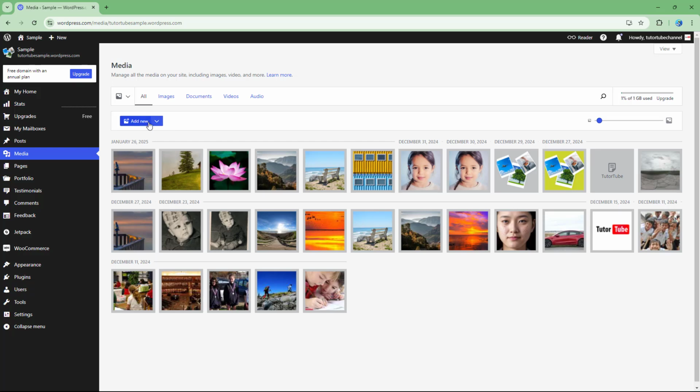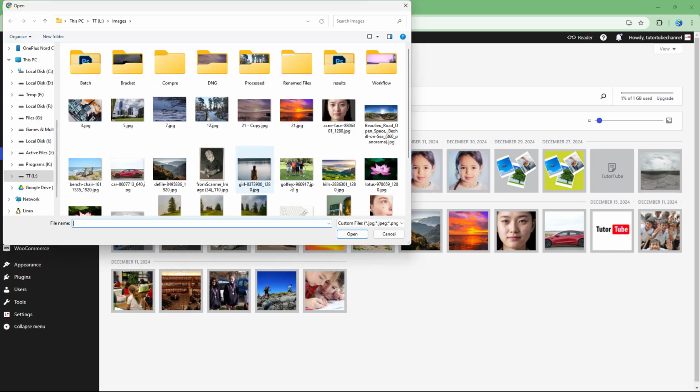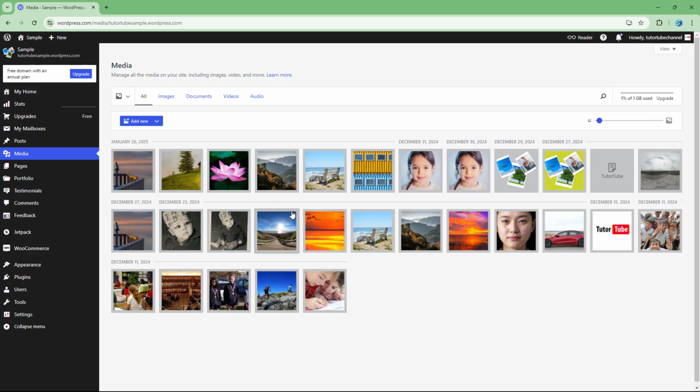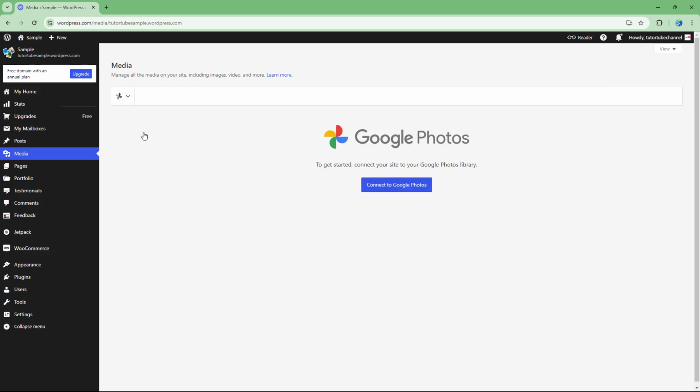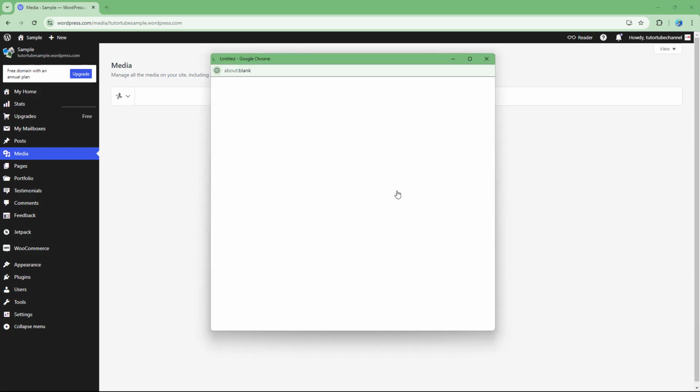To do that, if I were to click on Add New right here, you can see that I have this option where I can select my image in Explorer. But if I were to click right above it, you can see that this is the media library, and I can also choose Google Photos. By default, you don't see Google Photos right here, but you can connect to Google Photos, and it